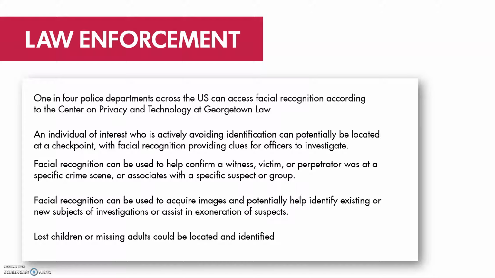One is for individuals of interest who are actively avoiding identification can potentially be located at a checkpoint. Facial recognition can be used to help confirm a witness, victim, or a perpetrator was at a specific crime scene or associates with a specific suspect or group. Facial recognition can be used to acquire images and potentially help identify existing or new subjects of investigations or assist in exoneration of suspects. It can also be used to find lost children or missing adults could be located and